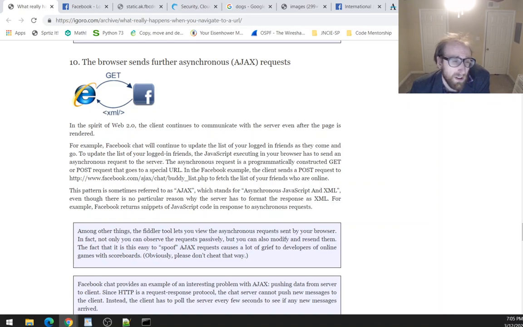So for example, Facebook chat will continue to update the list of your logged in friends as they come and go. To update the list of your logged in friends, the JavaScript executing in your browser has to send an asynchronous request to the server. The asynchronous request is a programmatically constructed GET or POST request that goes to a special URL. In the Facebook example, the client sends a POST request to the